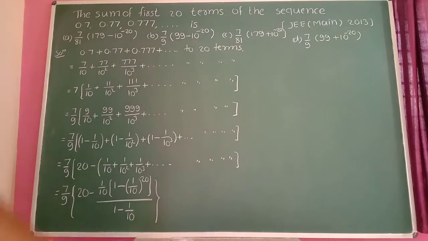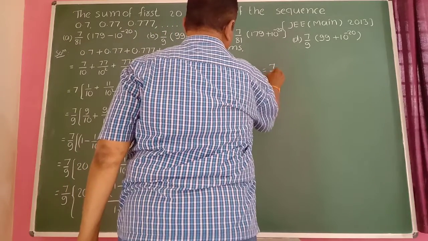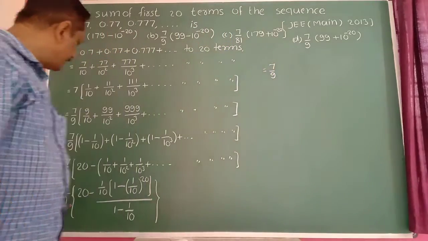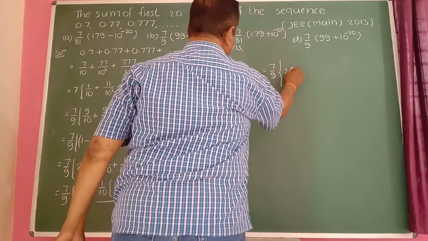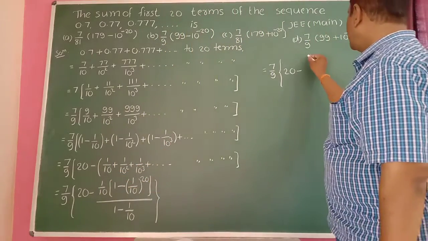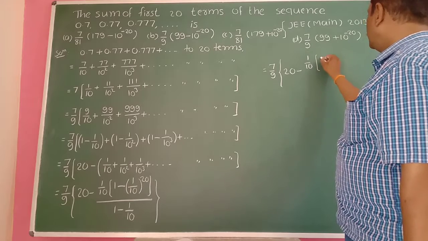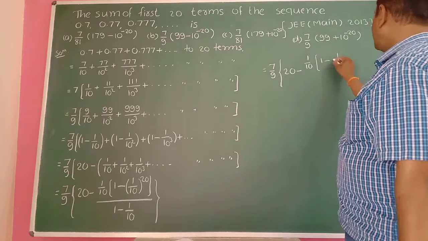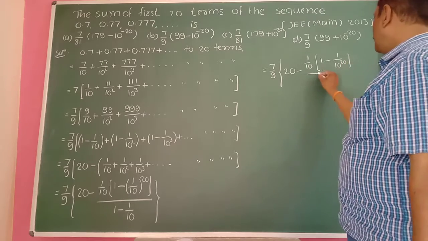Bracket complete. Therefore this is equal to 7 divided by 9. 7 by 9 keep as it is. In bracket, 20 minus of 1 upon 10 is there. So right here, 1 divided by 10 into bracket 1 minus 1 upon 10 raised to 20, divided by...